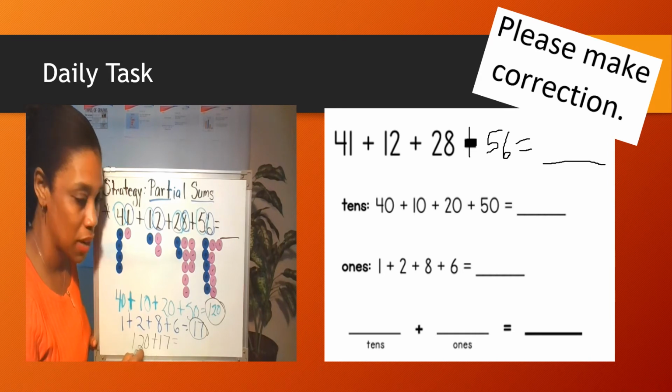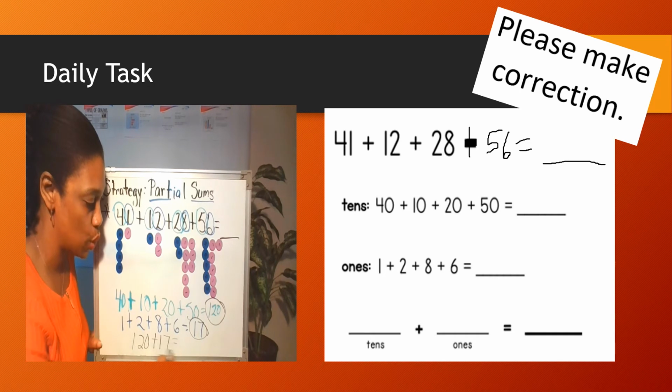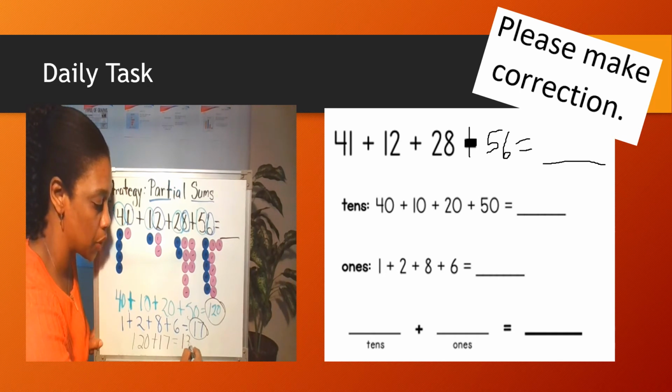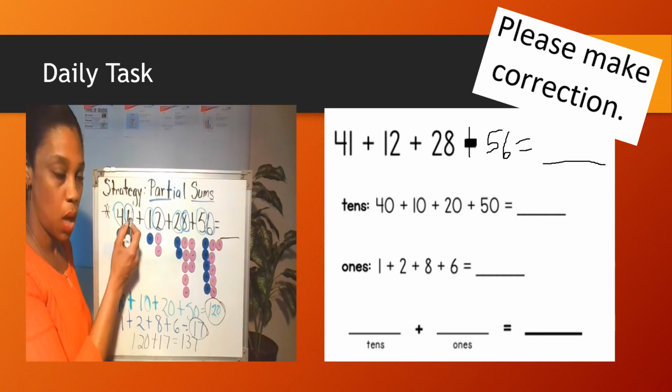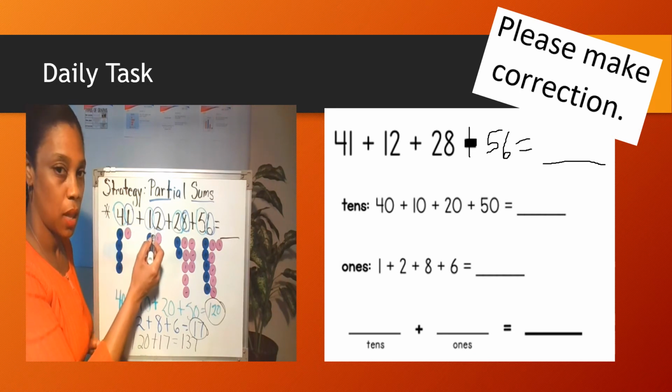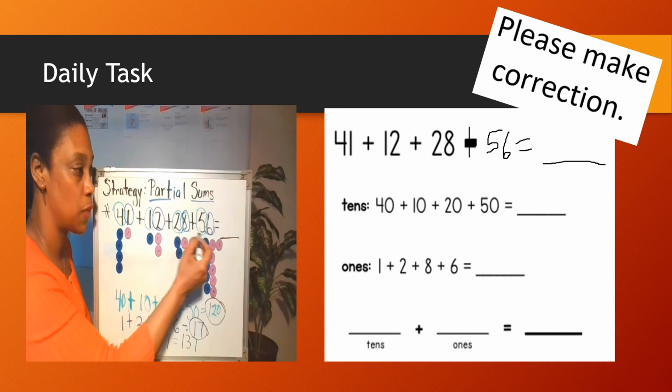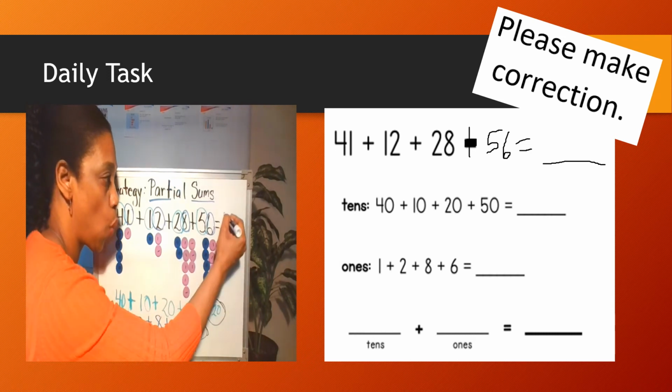So if I have 120 plus 17 equals 137. So therefore, 41 plus 12 plus 28 plus 56 equals